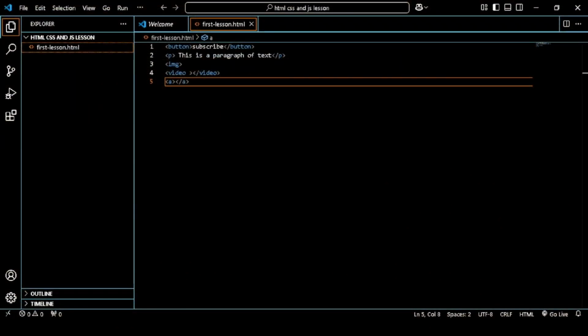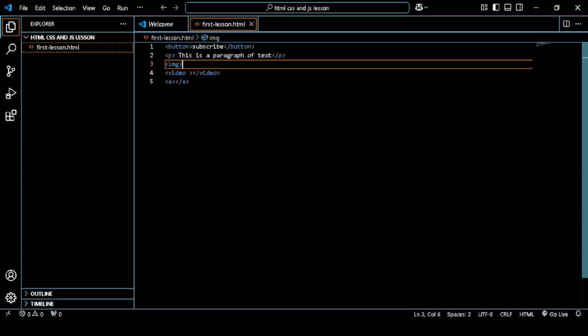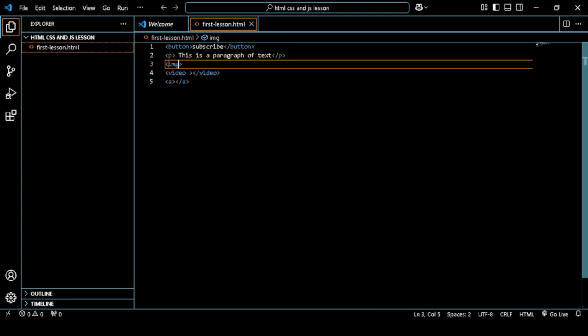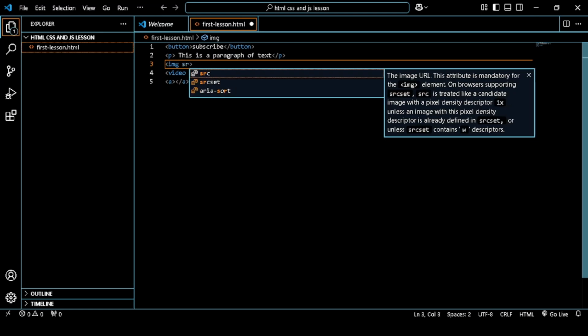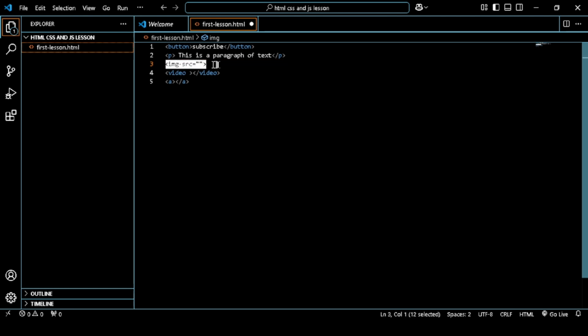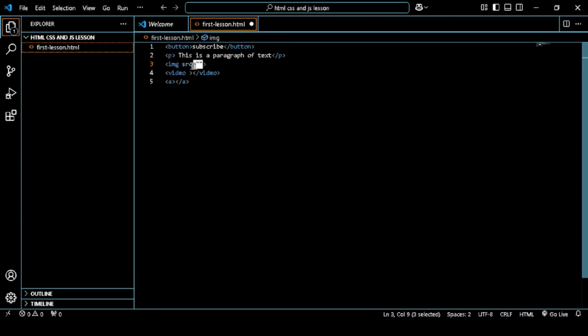You can see this is where we left off, and I told you that we'll delve more into this element so that we understand. So image: to add an image, you are going to add an attribute. I told you that the attribute is always in the opening tag. So we are going to write this attribute, which is src. This src stands for source. If you are adding an image to your website, you need to tell the computer where the image is. But here there is no image,